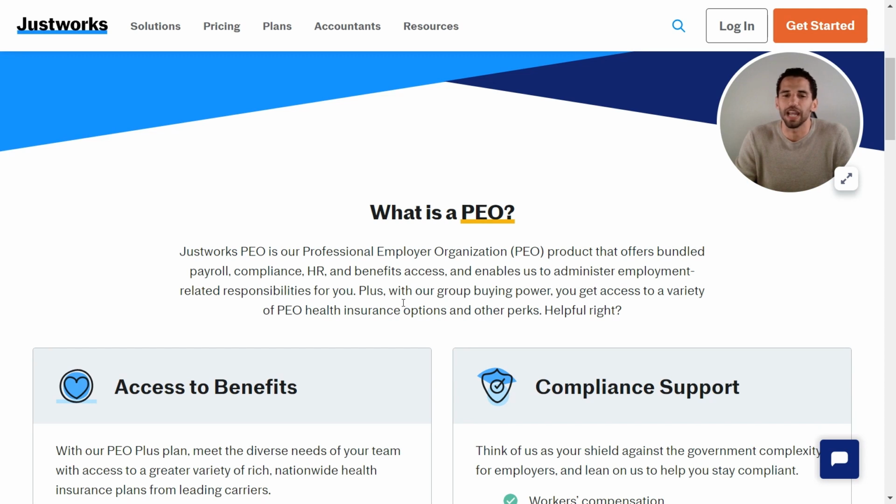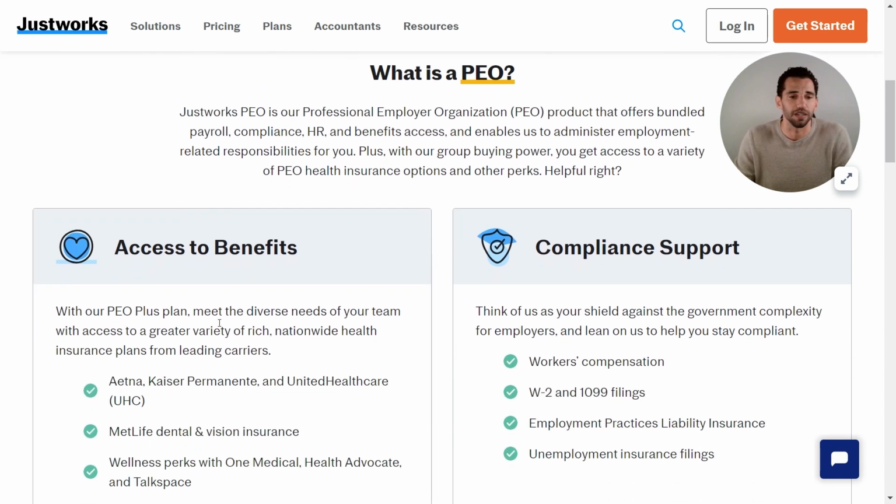Now, granted, a lot of my groups that I have that are on Justworks, they're mixed. There's some that are sub-20 employees, and there's a couple that hover around that area. Justworks doesn't necessarily promote, hey, if you're a 500 or 1,000 employee company, we want to work with you, but they do have them on their platform. They typically do really well in the small group space in most states. And look, I find that in less than 15 years of being on the market, I think they do a great job. We're going to dive into the benefits piece here,